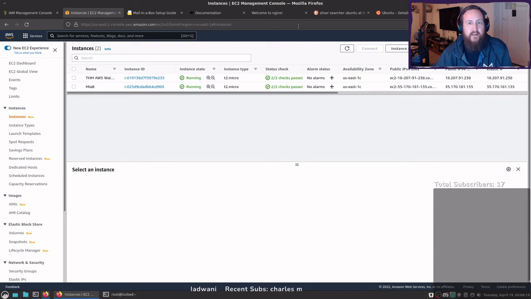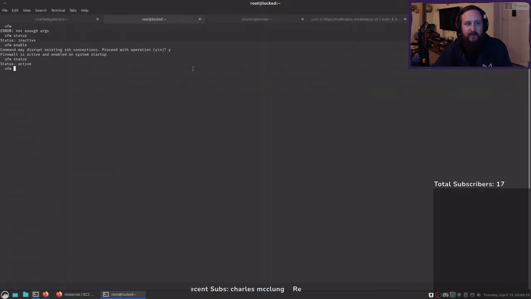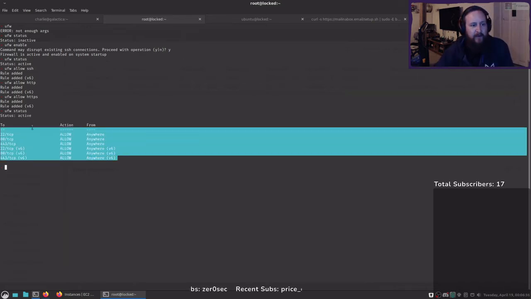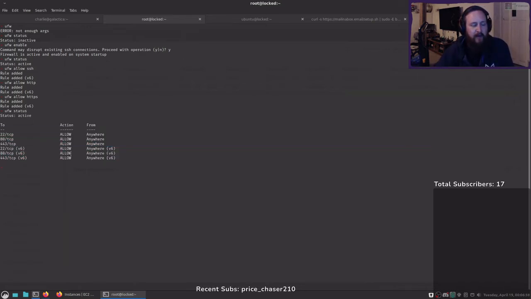So yeah, there's a lot of layers, and nowadays, if you do it well, it's pretty easy. But you can do something basic like allow SSH, allow HTTP. I don't think S is a thing. Oh, it is. UFW status. So now I can see that I have those configured, but oh wait, I only wanted to do